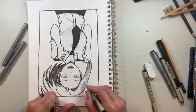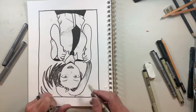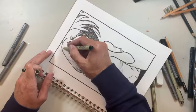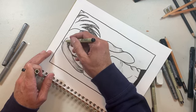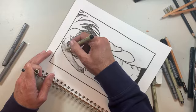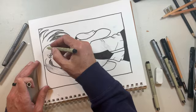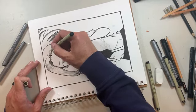And what I'm gonna do is I'm gonna actually not fill in this area all the way. I'm actually more comfortable kind of doing something like this. So I'm not gonna fill it in all the way. I'm gonna just create this look of shine in her hair by not completely filling in all that. So see how it kind of creates that light right there, which is really fun. So I'm gonna do the same thing over here. So I'm gonna fill this in,